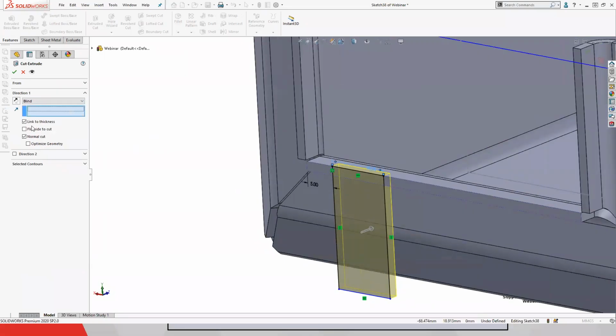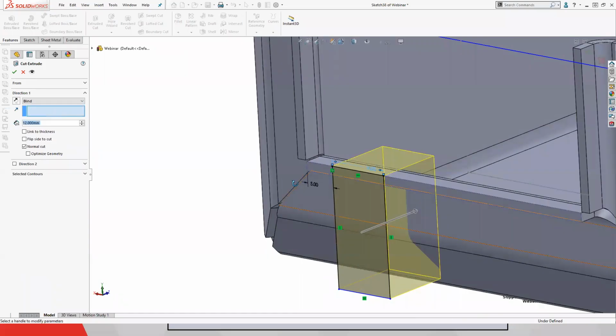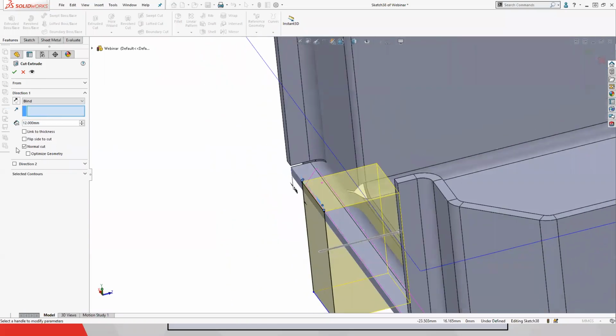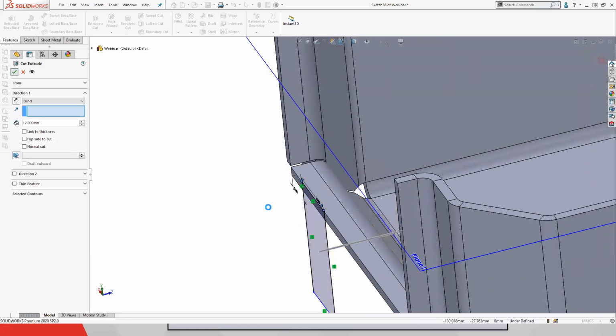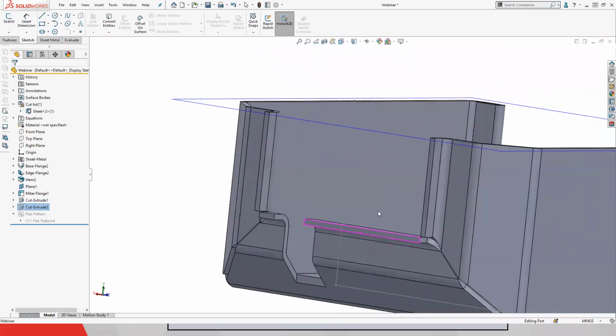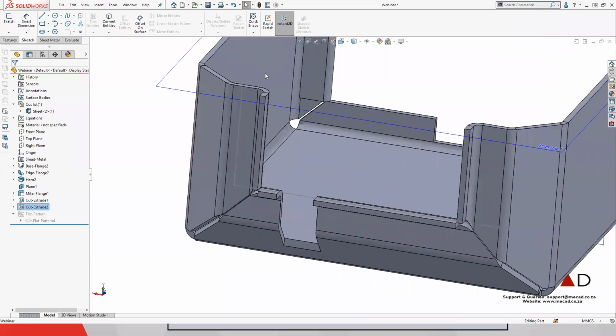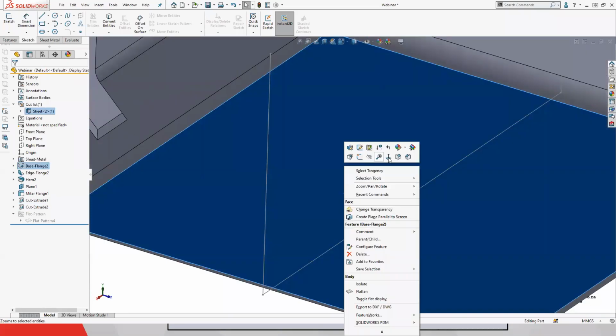That's fine. And we're going to uncheck link to thickness. We would like it to cut at 12 mm distance. And I'm going to uncheck normal cuts. Why am I unchecking normal cuts? I just want to show you the difference what normal cut does. Okay. So you'll see now what normal cut does is when I go now and create my flat pattern,